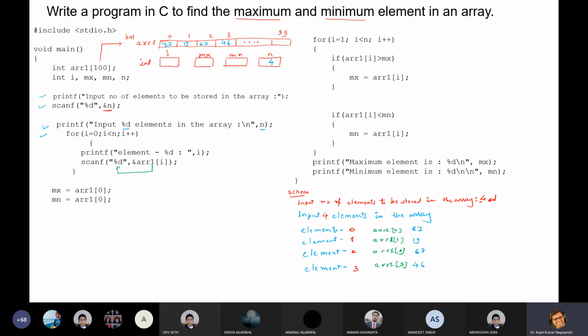Here, what is the value of mx? The initial value of mx and mn is 87 and 87, due to this line and this line.